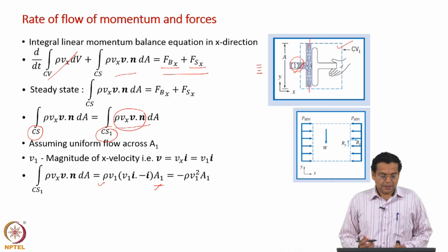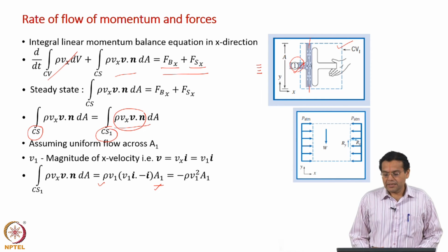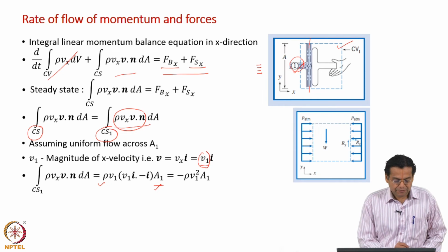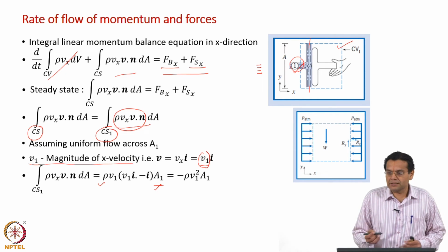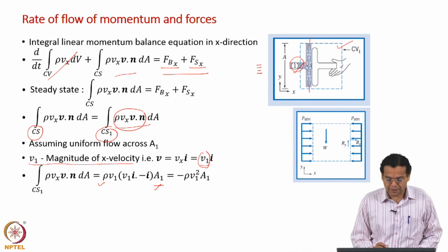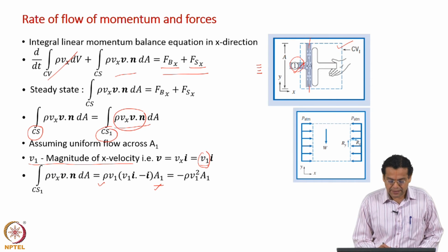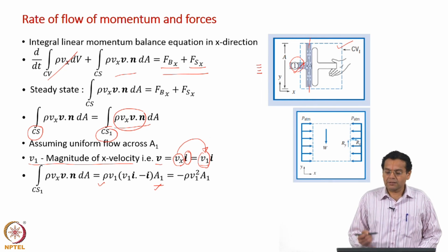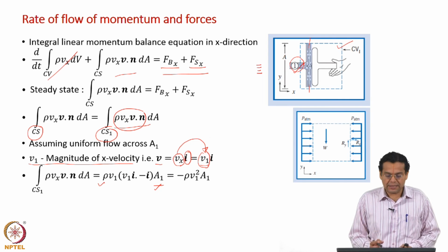Now, what is the velocity Vx? Vx is along the positive x axis, so Vx is equal to V1. V1 is the magnitude of velocity, 2 meters per second, 3 meters per second, whatever; in this case 15 meters per second. When you write the velocity vector V as an x component Vx along the i direction, in this case Vx is equal to V1. Suppose if it were along the negative x axis, it would be minus V1. In this case, it is just V1.